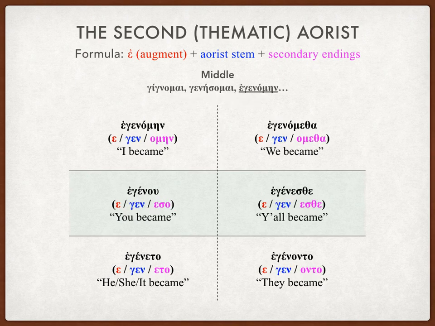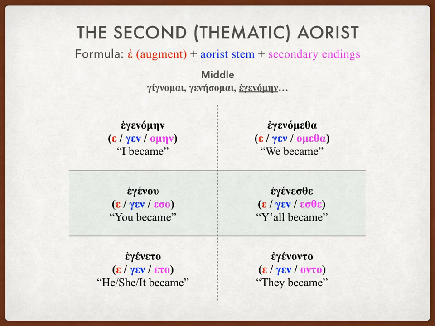So those are the active forms. Let's take a look at the middle endings, the secondary endings in action. Gignomai, when it goes to the future, as you saw before, becomes genesomai. It goes through a change, and that stem is roughly reflected in its aorist, which is egenomein. Because I know that third principal part, the one underlined, is using a secondary ending from the second aorist,